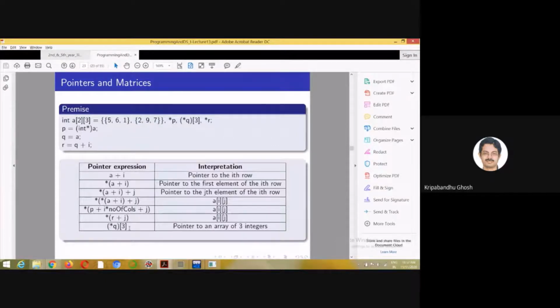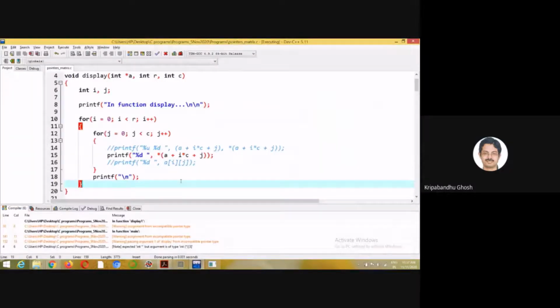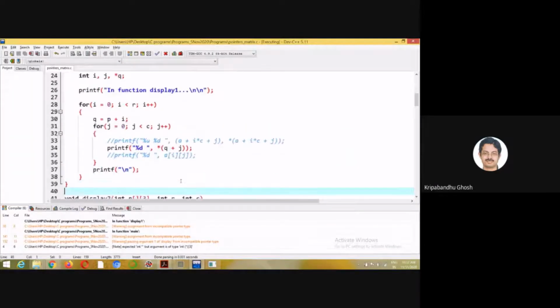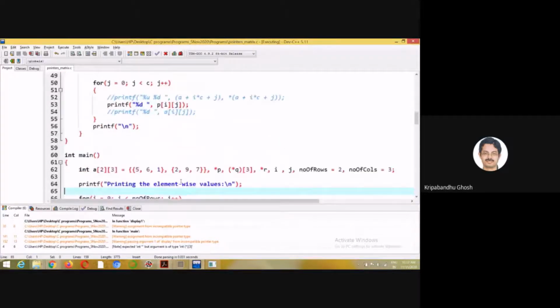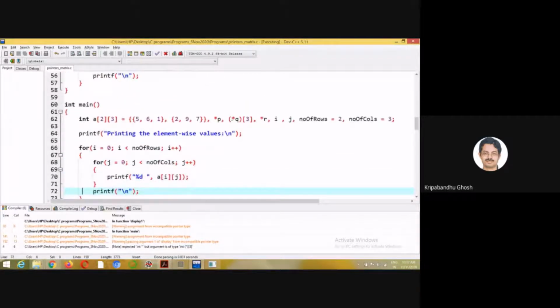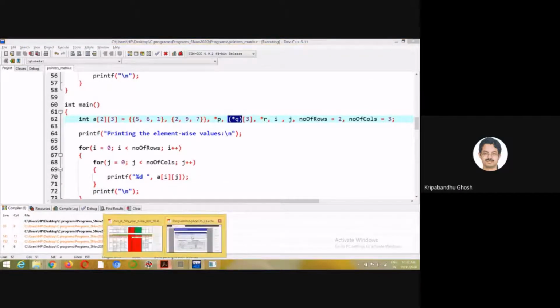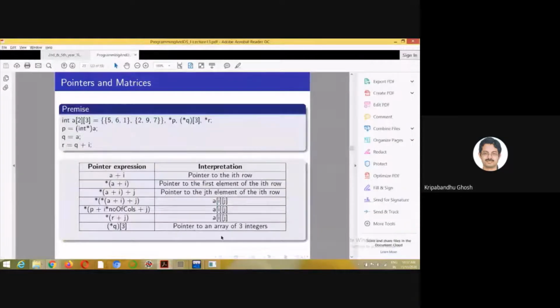There is another notation. So within the first bracket, that is star, and there's a 3, which means pointer to an array of 3 integers. So this is a bit complicated. So let me show you how it works. And it may not work in all the compilers, I'm not sure. So this is the thing. This is a pointer to an array of 3 integers.